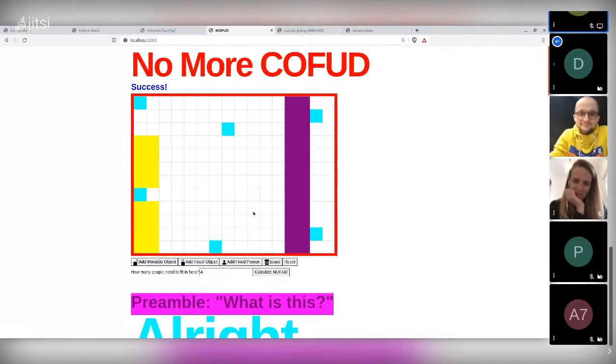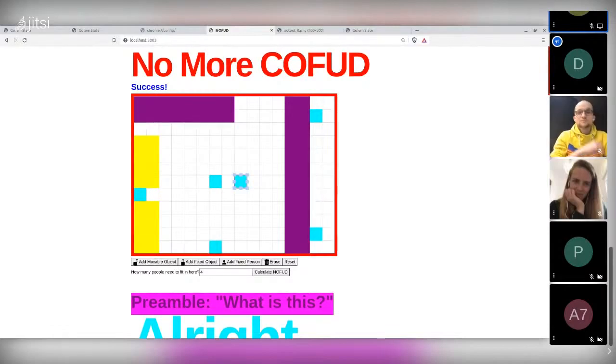And if you have, for example, a different shape of a room that's not always a perfect rectangle, you could also fit that in as a fixed object, saying, well, this corner actually can't fit anyone. It's a closet, it's something else like this. So it takes these parameters and puts them into a problem that the constraint programming solver